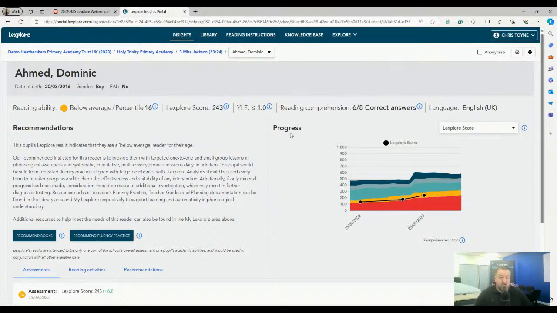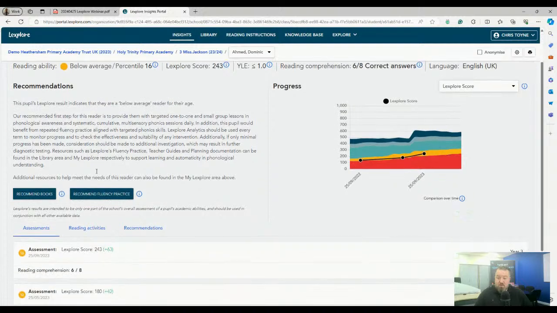We've got a year level equivalent, some comprehension questions here. So 6 to 8 correct comprehension questions, and then some recommendations around fluency. So I can say, these are the recommendations that the data has produced based on the band that Dominic falls into. And I can look at the recommended fluency practice, which I'll do on a different webinar when we're looking in a bit more detail. And I could push that fluency practice to the reading app so that the student or pupil can access it at home with parents or with teaching assistants in school on devices, etc.